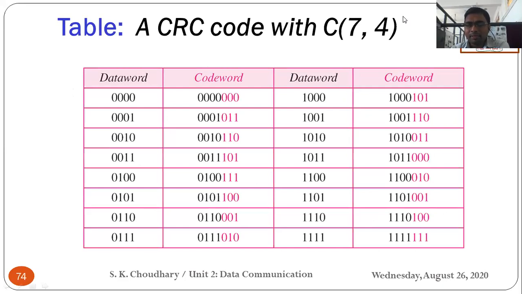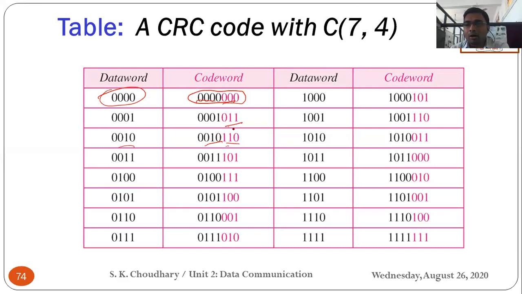So this is one of the tables that I have shown for CRC coding with (7,4), meaning N is a 7-bit code word and there is a 4-bit message. You can see in this particular code word method, there is a 4-bit message, and for every 4-bit message 3 bits are added, so a total 7-bit code word is generated. And these 3 bits, in the pink line, are nothing but the remainder added to the original message. The first 4 bits are the same as the message, and the last 3 bits are the remainder added, and then it finally becomes a code word.